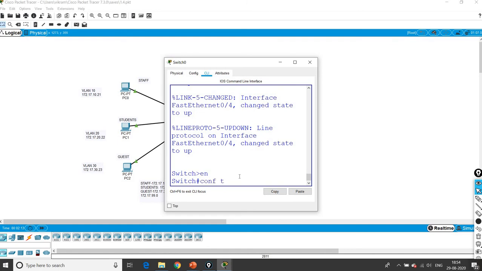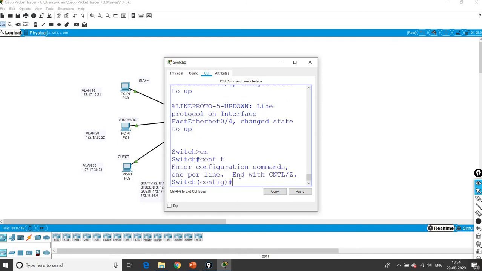Config T. Now we want to enter the VLANs, followed by the IP addresses. For that purpose, we need to configure the VLANs first.